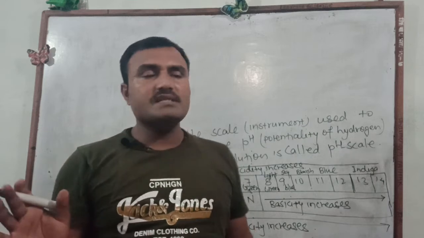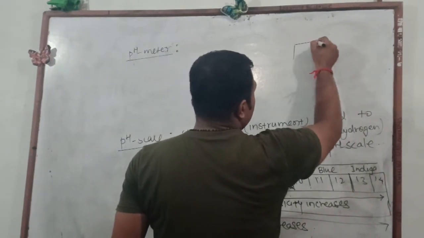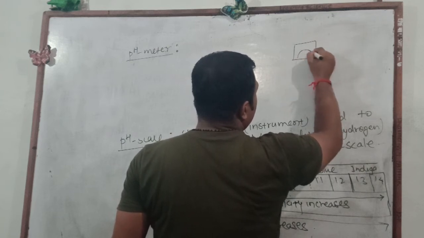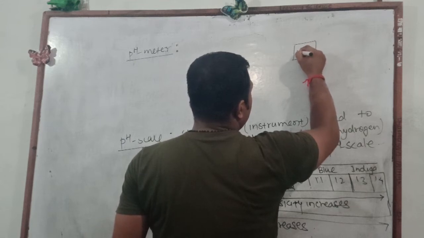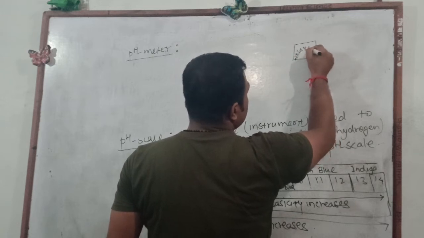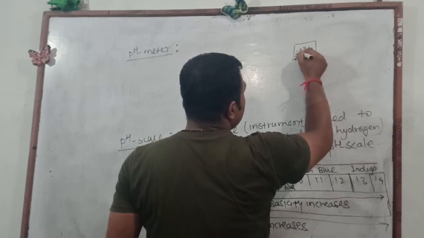And how does it measure? The pH meter contains a digital part that ranges like 7, 6, 5, 4, 3, 2, 1, 8, 9, 10, and having a needle in it,